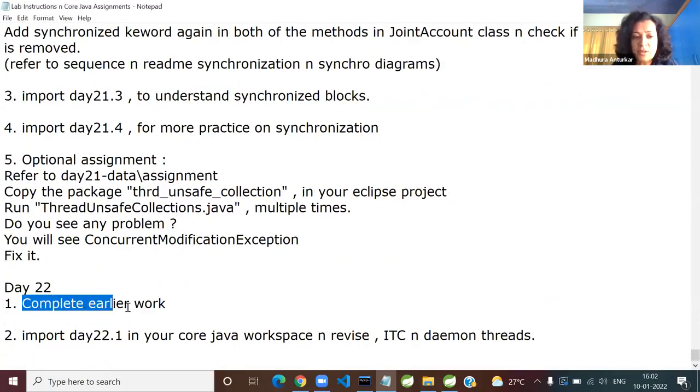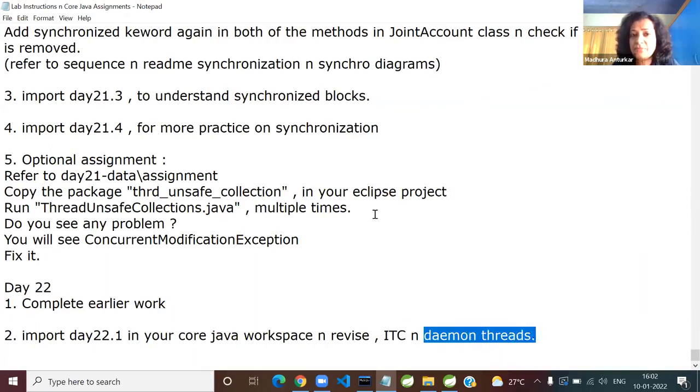You had to complete the earlier pending work if there was anything else, and then revise using this 22.1 project. Revise mainly the inter-thread communication, the various flowcharts we discussed, the deadlocks we discussed, and wait and notify, followed by daemon threads. And then you have to start with a JDBC revision. So tell me, have you completed the revision or are you still doing it? Accordingly, I will talk to you.